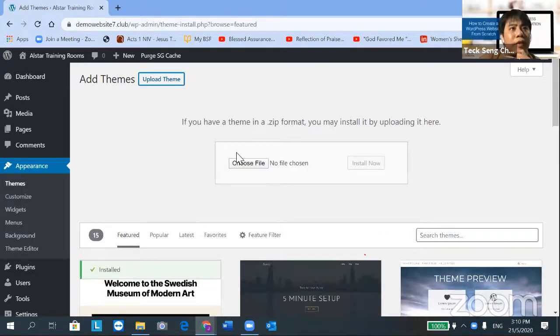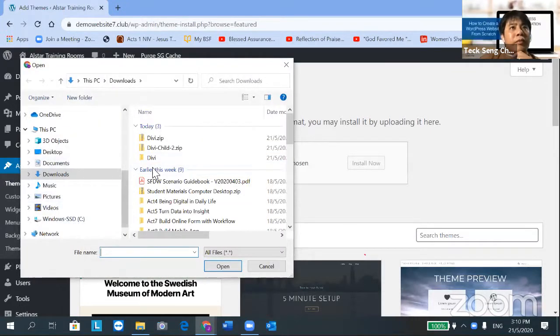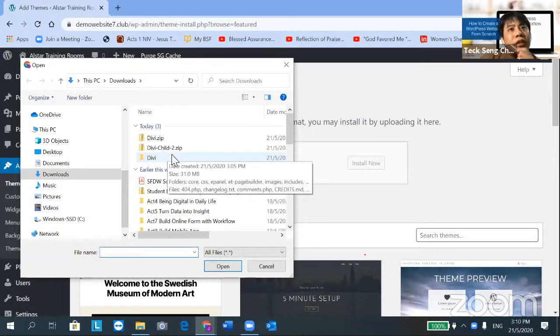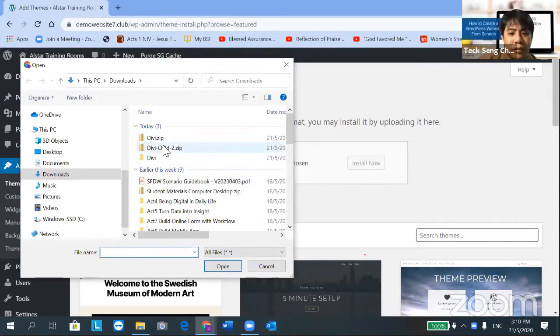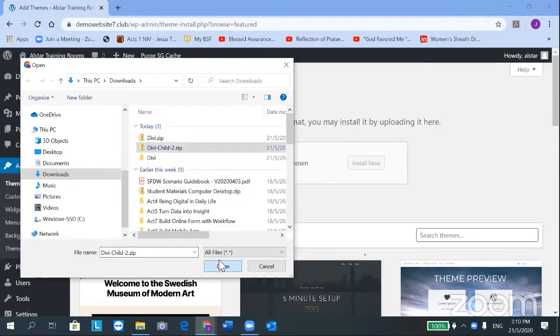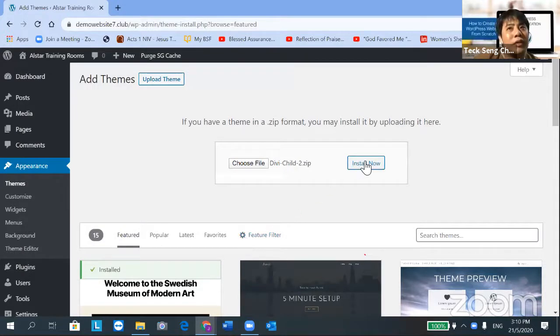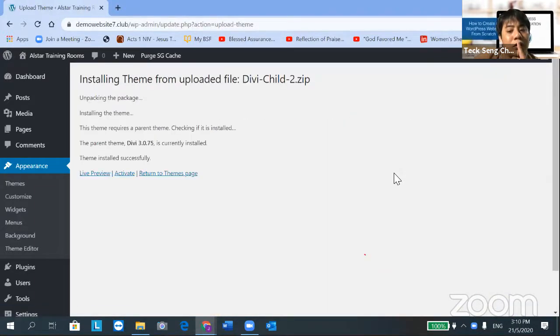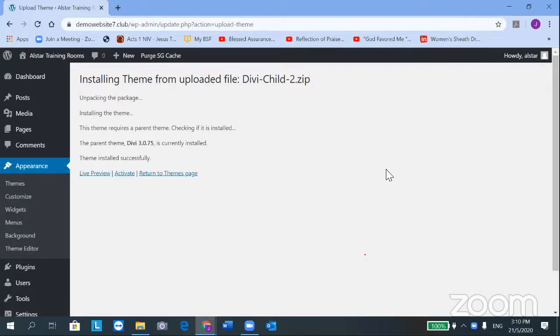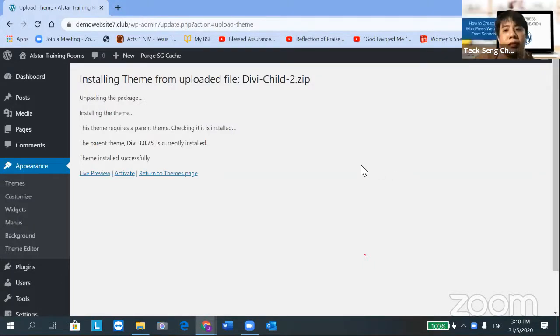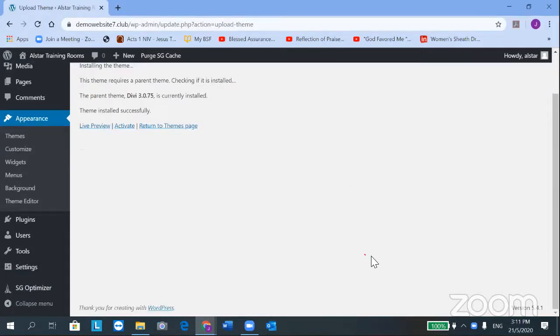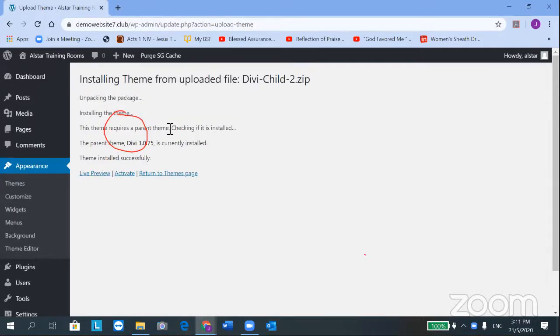Oh, okay, then you go under appearance, go under themes. Can you tell me what you see? Jenny DV child, Jenny DV child. You see her DV child is also with a 2. Doesn't matter. It's okay, it's just the folder name. Done, is it? Yeah, I think click activate. Activate where? Just now there's an activate one. Let's activate. Here.